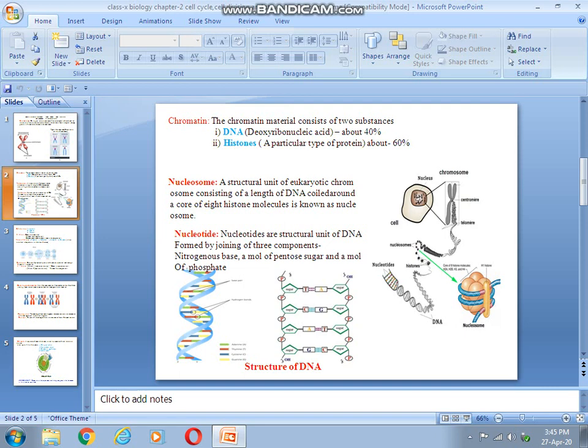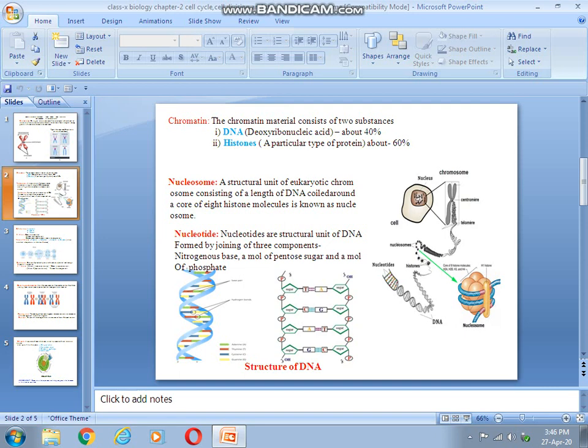DNA is also called a macromolecule because it is a very large single molecule and it consists of two strands helically coiled with each other. The strands are shown here by blue color, and each strand of DNA has a complex chemical structure. Each strand is composed of thousands of repeating nucleotides. Now the question is, what is a nucleotide?